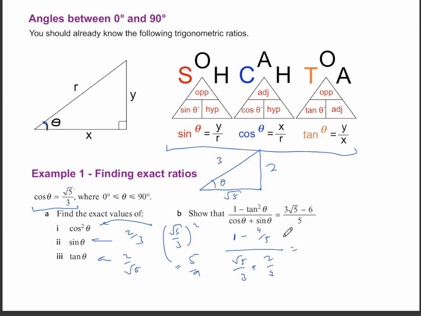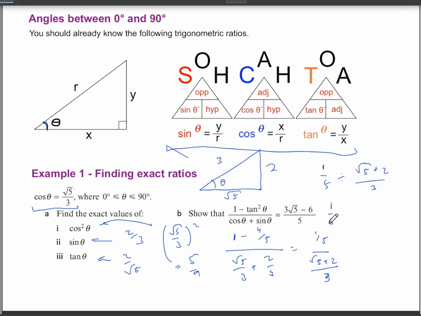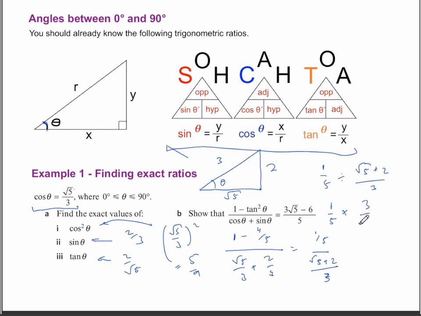And here what we can do is make them into one fraction for both. So what we get on top is 1 over 5 divided by root 5 plus 2 over 3. And this is just 1 over 5 times 3 over root 5 plus 2. And that gives us 3 over 5